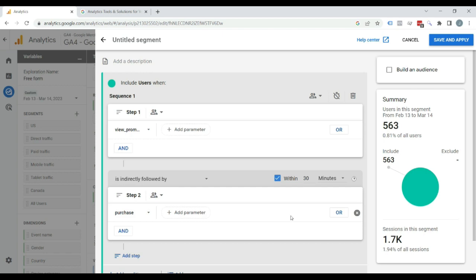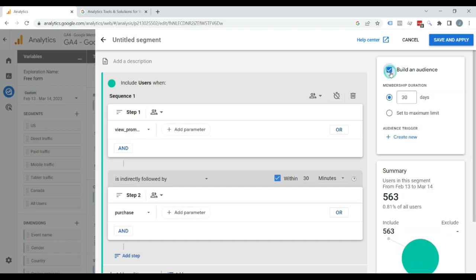On the right side of the segment creation window, you will also see a checkbox, build an audience. So mostly audiences are used in Google Analytics 4 for two reasons. The first one would be to retarget those audiences with Google Ads, because you can create an audience and then import it to Google Ads. And also you can use audiences in other reports outside of exploration, because segments are for exploration only,